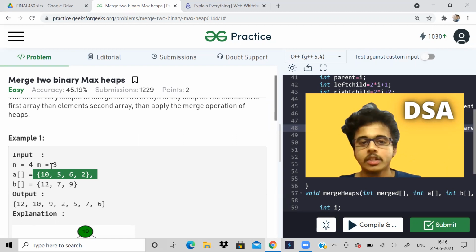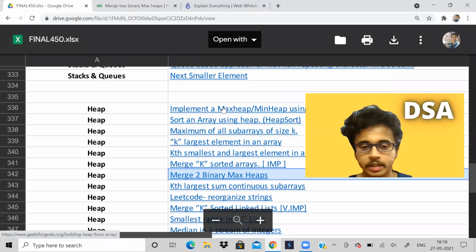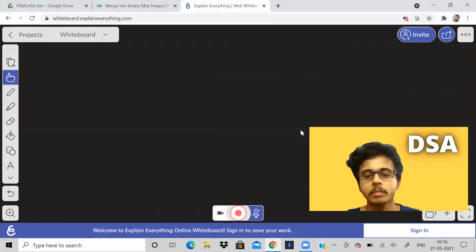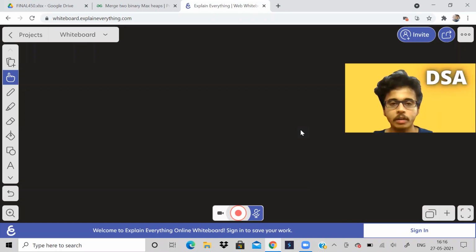Okay. So first we merge the two arrays and then we perform the heapify operation. But heapify is a much better method than the normal method. What is the normal method of building heap? For that I will make another video, the normal method of building heap. You can also watch Abdul Bari's video on the normal method of building heap. But what basically is the heapify method? So heapify method is something like this.